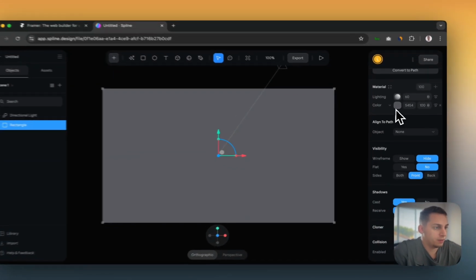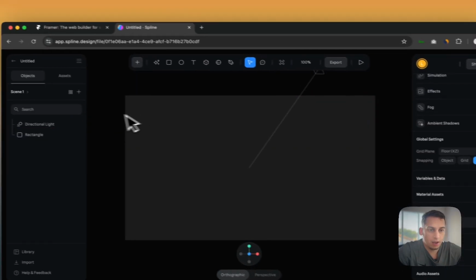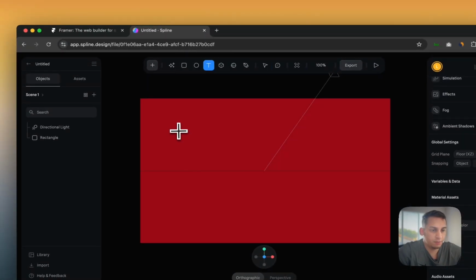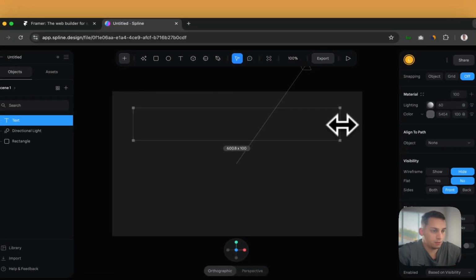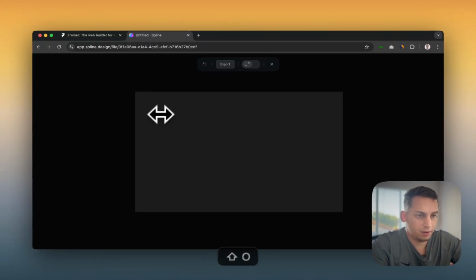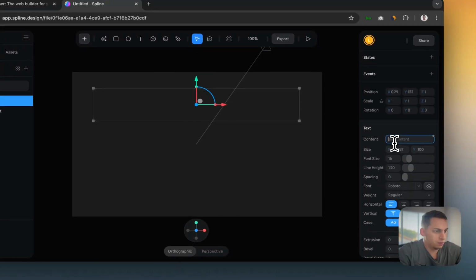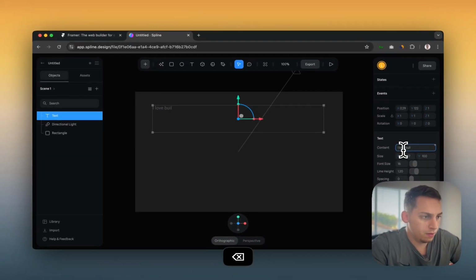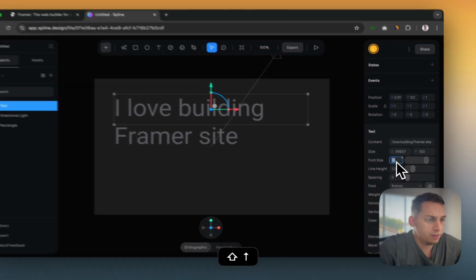So we got the rectangle. Let's also make this rectangle a little bit darker maybe. And what we want to do is let's add a text, and let's place the text here, and let's move this text like this, and let's write I love building framer sites, and then let's just bring up this font size,